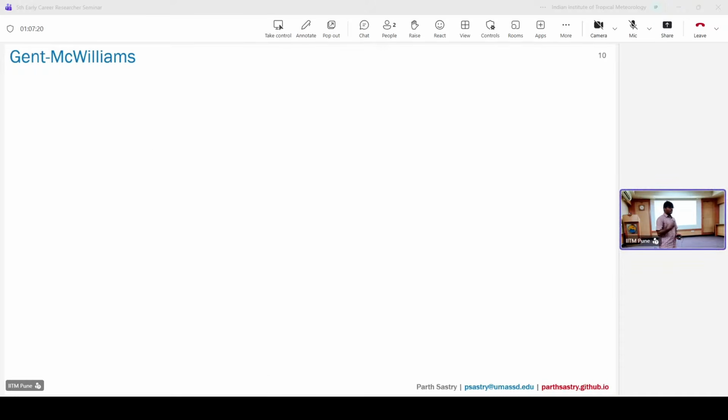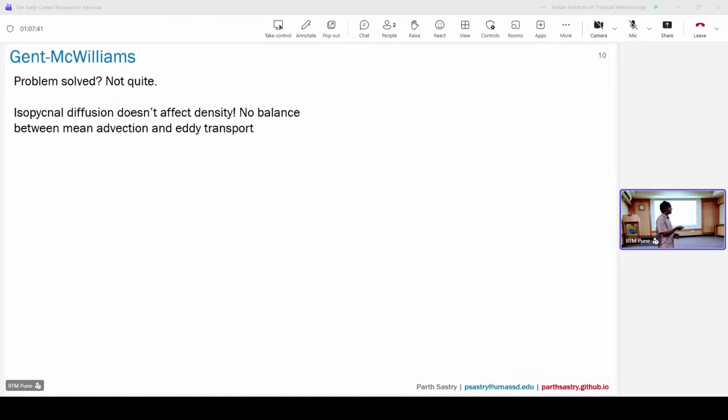Another reason why you have to parameterize the effects of eddies is that just because you have parameterized this diffusivity in the previous slide, as I talked about, your problem is not quite solved. If you are only diffusing tracers along isopycnals, you are not going to affect the mean density of the ocean at all, which means that there is no balance between your mean advection and your